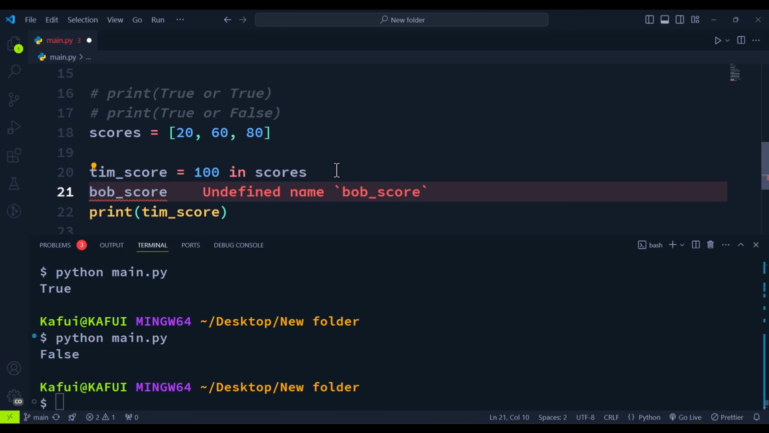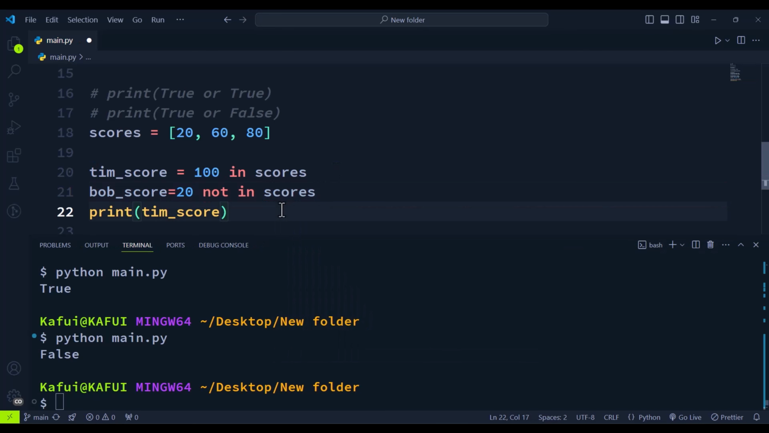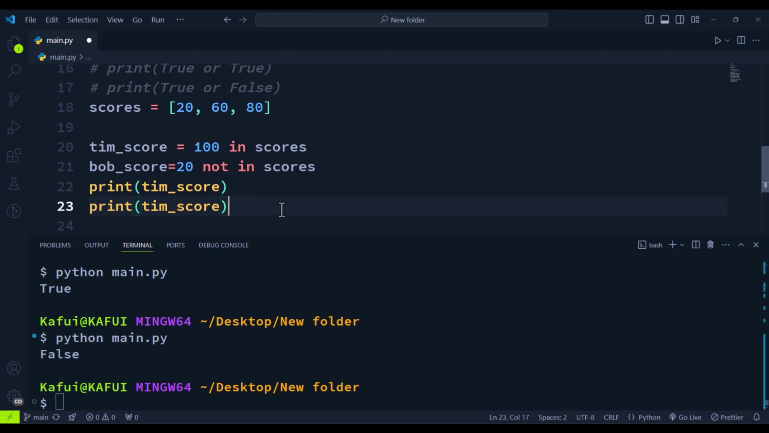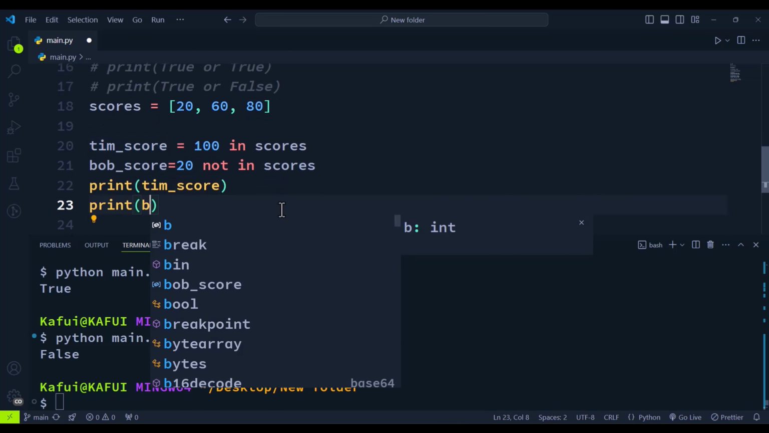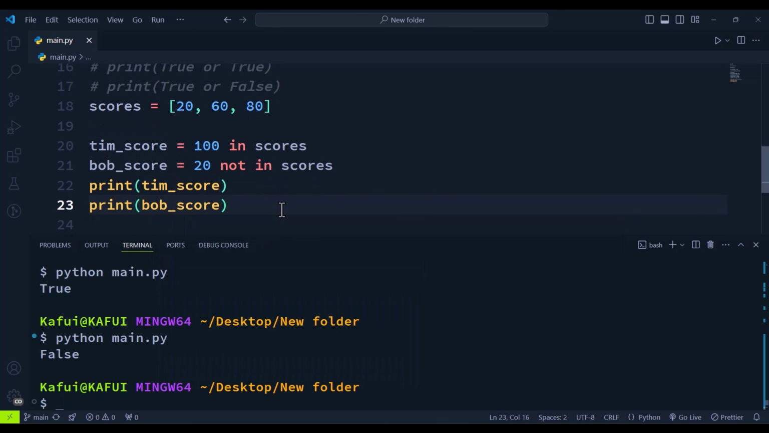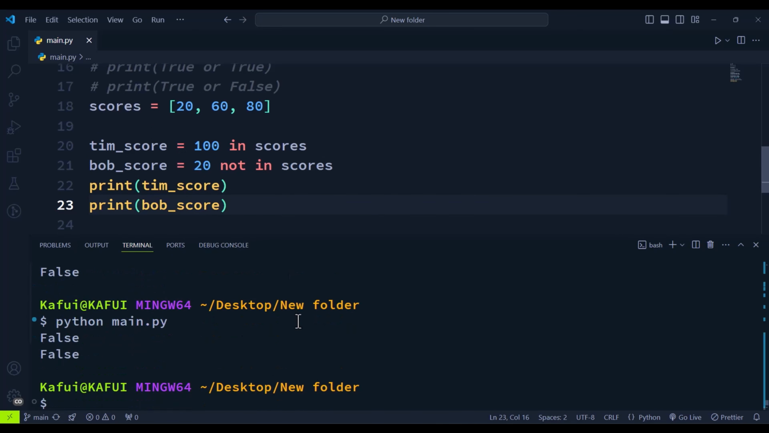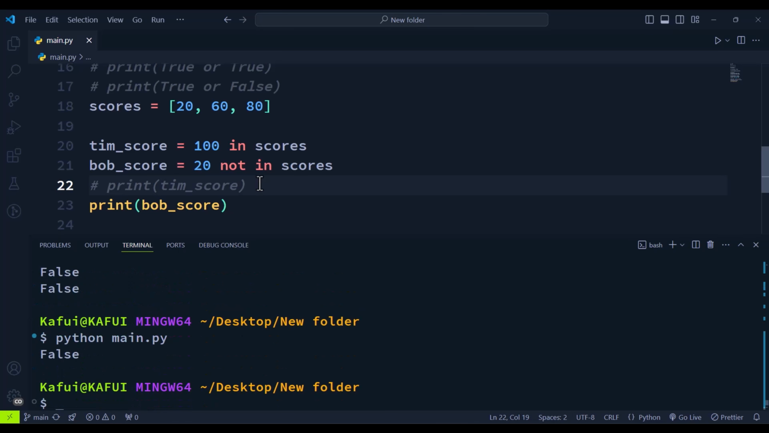Let me just declare a different variable and say 20 not in scores, and then I'll comment this down and change to Bob score. And when I run my code, we get what? False, false. So I'll comment this one out and run my code. We get false. The reason why we are getting false is that